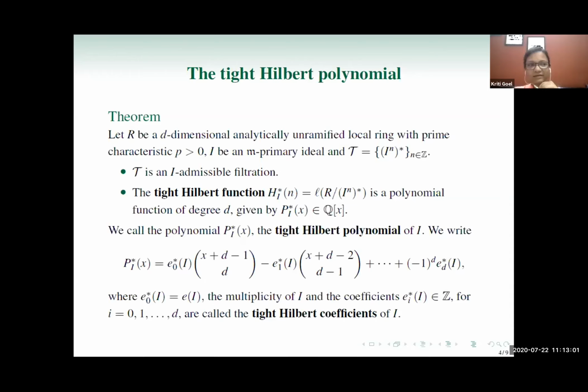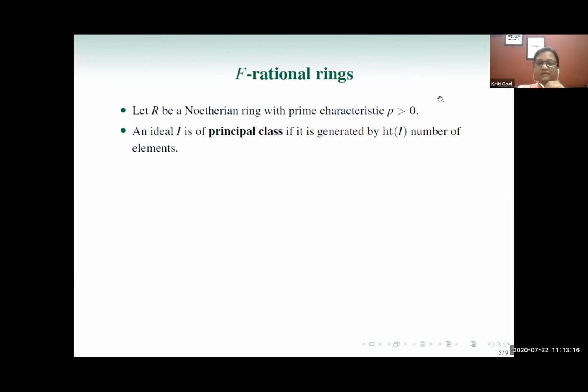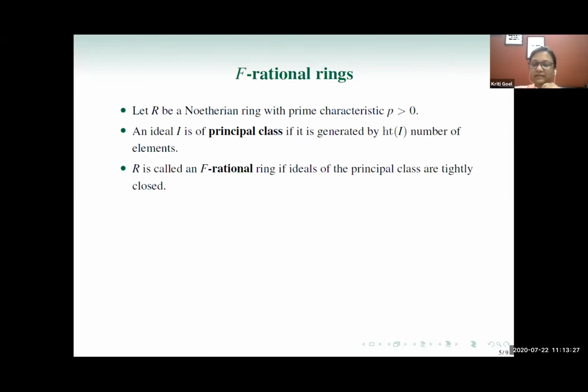But the next thing I would like to define and shift focus to are F-rational rings, because these are the rings we want to characterize using these coefficients. So let me quickly define what F-rational rings are. Again, a ring R is Noetherian. It has prime characteristic p. We say an ideal I is of principal class if it is generated by height I number of elements. And in this particular setup, the ring is said to be F-rational if ideals of principal class are tightly